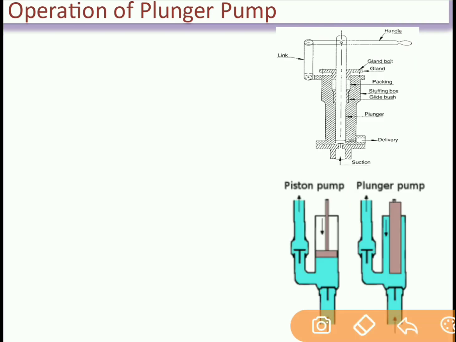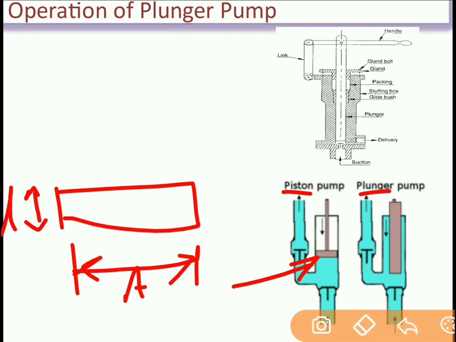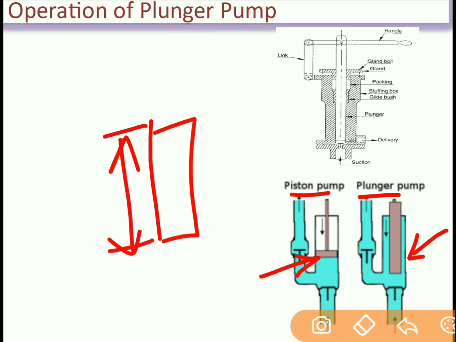Now we need to understand the difference between piston and plunger. This is the figure of a piston. In a piston you can say that this is the length of the piston and this is nothing but the cross-sectional area of the piston. This cross-sectional area is the circular area. This is the front view, and if you see from the top, it will look like a circle. Now over here, the length is small as compared to its cross section in case of a piston. Whereas in case of a plunger, the length is large as compared to its cross-sectional area. So in case of a plunger, this length L is larger as compared to the cross-sectional area A.